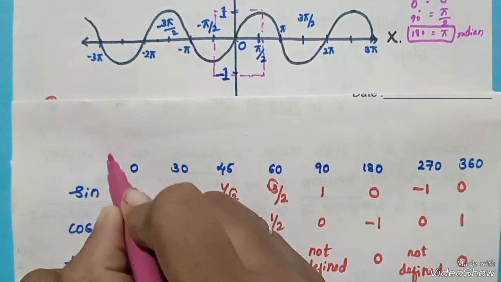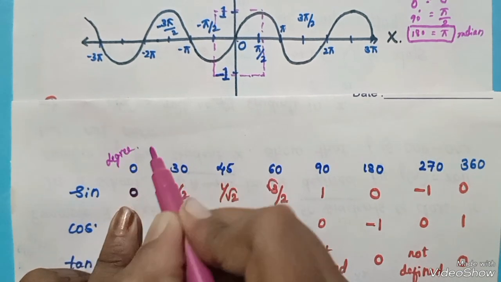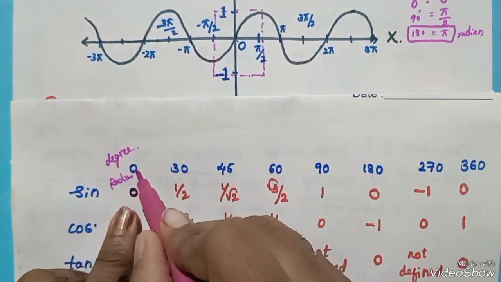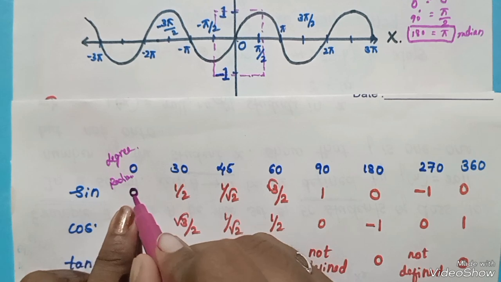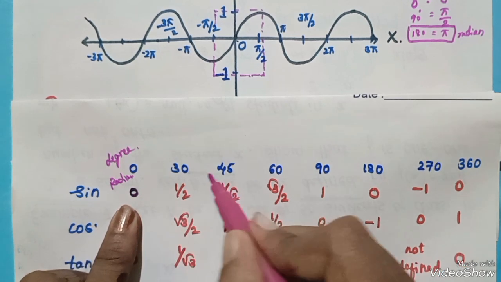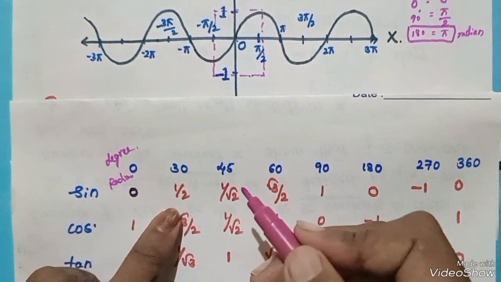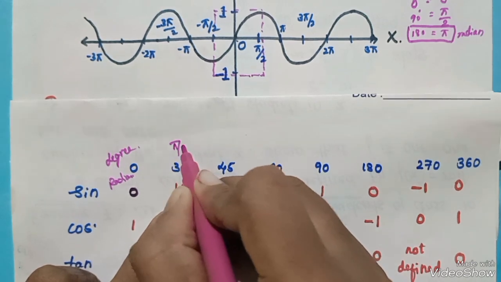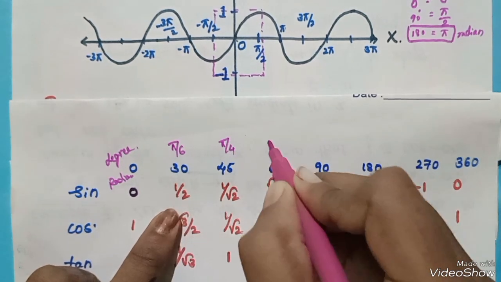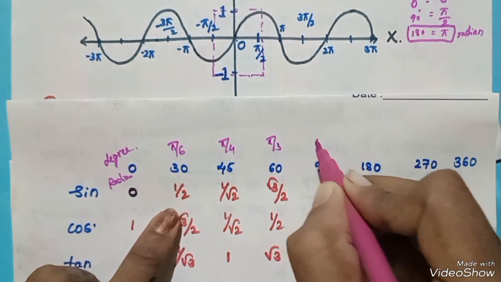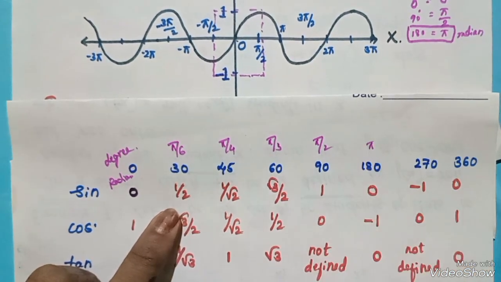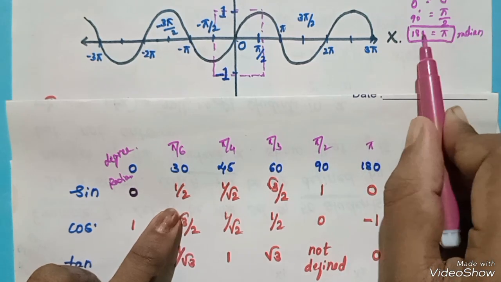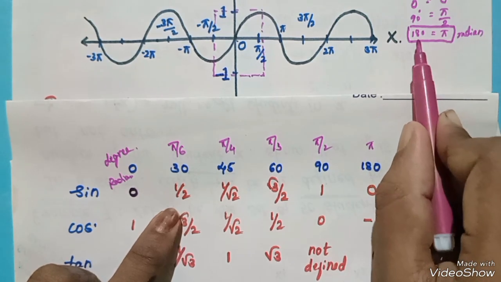The above values show degree. This is in terms of radian. For 0 degree, it becomes 0 radian. Here again the 30 degree. 30 degree means pi by 6, then pi by 4, pi by 3 and pi by 2. Because we know the standard result, that pi is equal to 180 degree, or 180 degree is equal